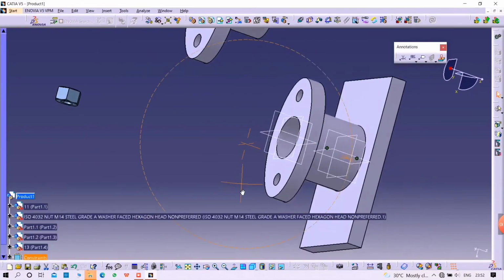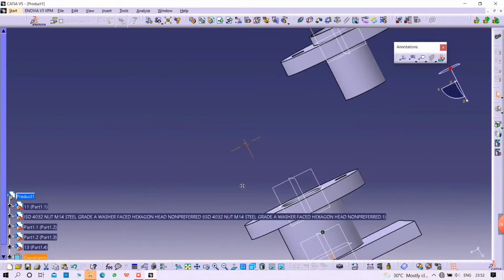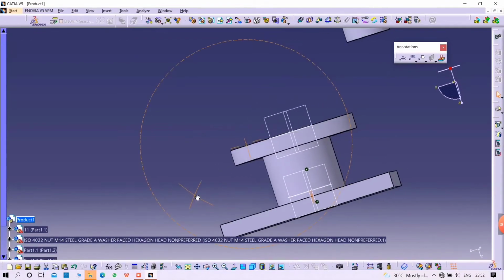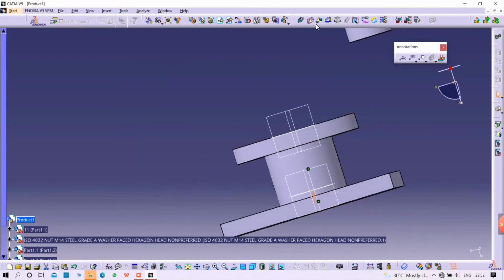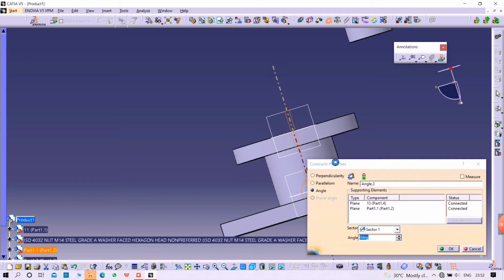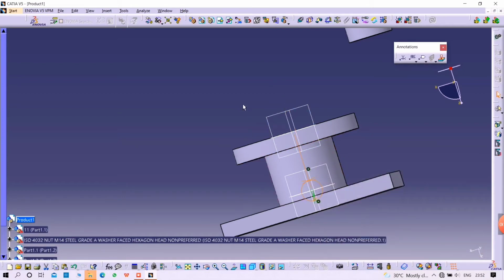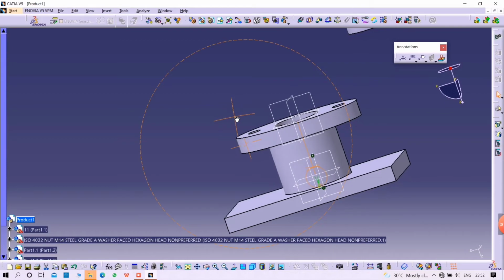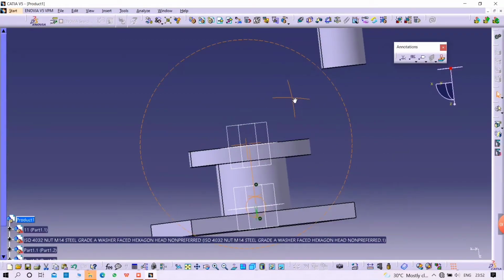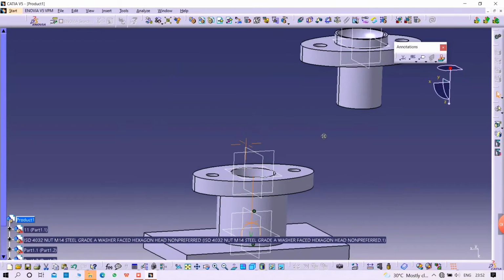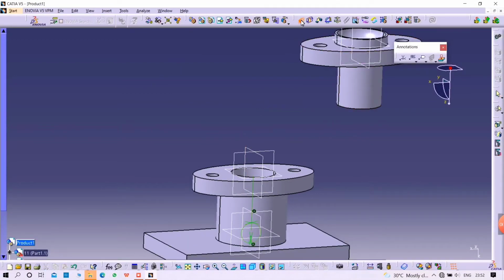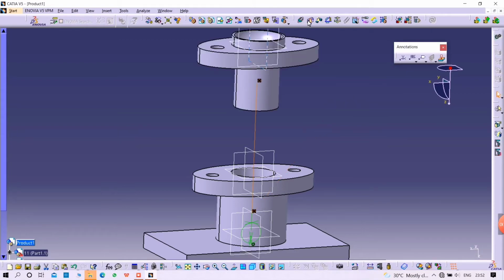And now we have to constrain the third part. So now we have to constrain two degrees of freedom. Now we have to constrain the third degree of freedom by clicking angle with two planes with 0 degrees angle, so that the part is immersed into the main body part with no degree of freedom. Now go to coincidence constraint and select axis of center line with main part and another part. Now Control plus U to update.